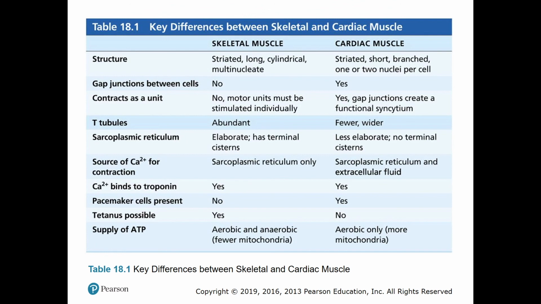In both skeletal muscle and cardiac muscle, calcium binds to troponin. There are no pacemaker cells present in skeletal muscle, whereas they are present in cardiac muscle. Tetanus is possible in skeletal muscle, whereas it's not possible in cardiac muscle. And in terms of the supply of ATP, skeletal muscle can use both aerobic and anaerobic pathways to generate ATP. It has fewer mitochondria, whereas cardiac muscle relies exclusively on aerobic pathways, and as a result